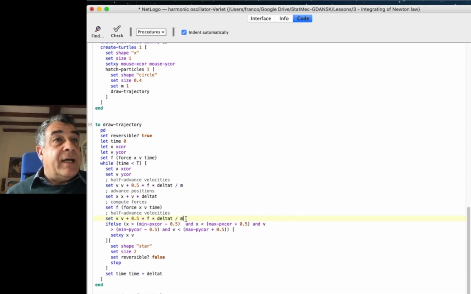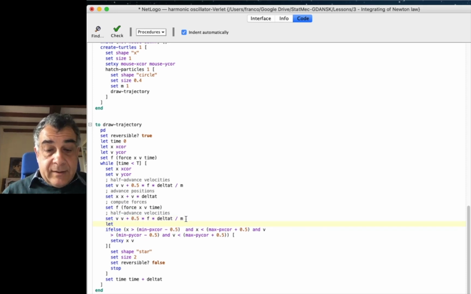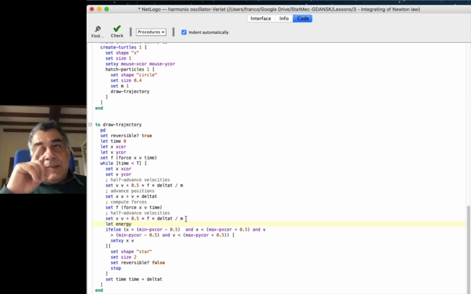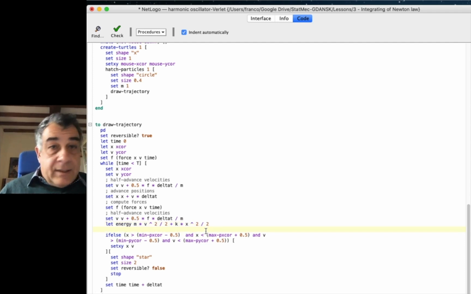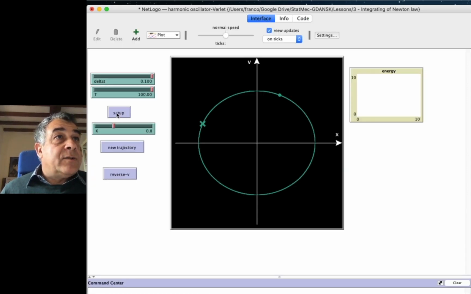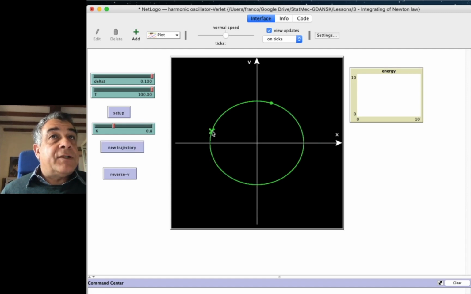At this time, I can compute the energy, which is not, before I made a mistake, this is not the kinetic energy, it is the complete energy. So it is m times v squared divided by 2 plus k times x squared divided by 2. Then I can plot the energy, and that's all. Okay, so I set up a new trajectory, and now I can